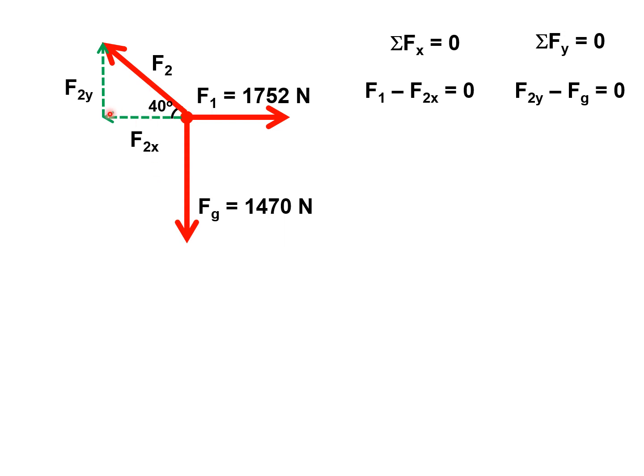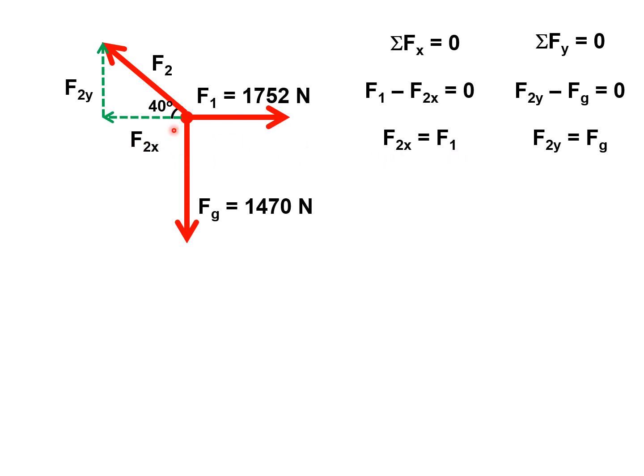And in the y direction, the vertical direction, force 2 in the y direction is going to be positive because it's up, and then we got force of gravity down, so it's negative. So force 2 in the y, that y component, minus force of gravity is going to be equal to 0. So when you isolate each of these components,